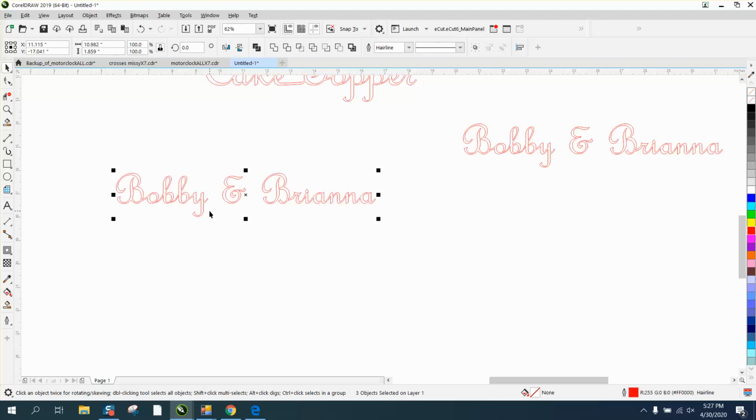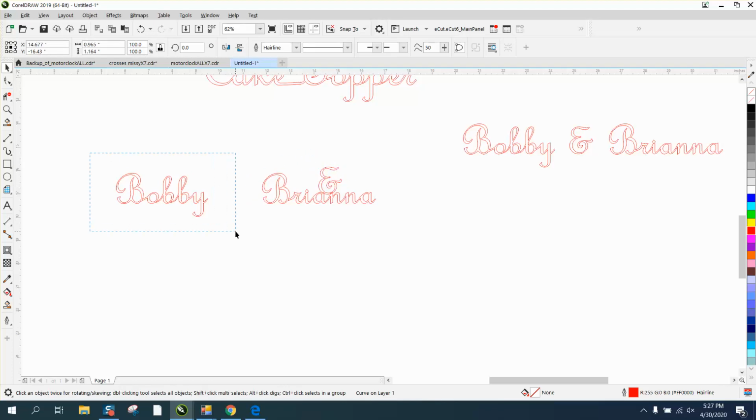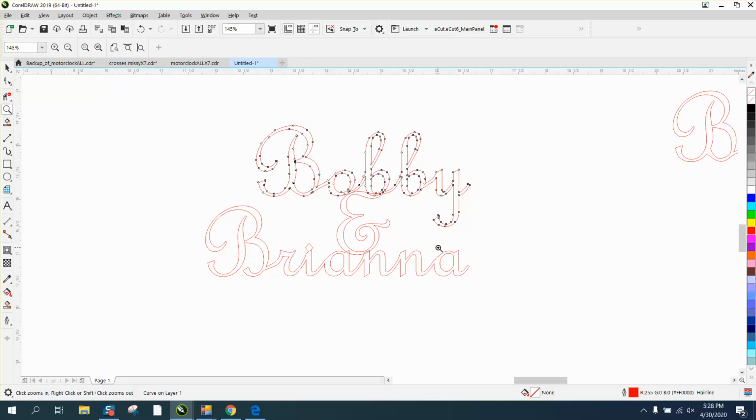Now you need to connect these together. And there's a number of ways you could connect them together. One would just be to put a straight bar, but it's kind of taken away from the look of it. Maybe if we could see if we could fit the words on top of each other, and I am not a graphic artist, and that might be pretty cool because we're going to have two letters to join it to,